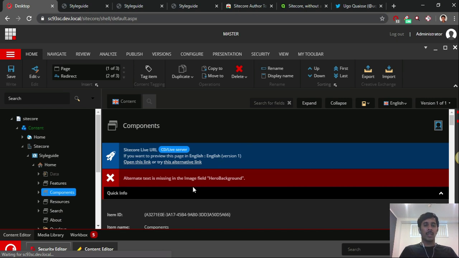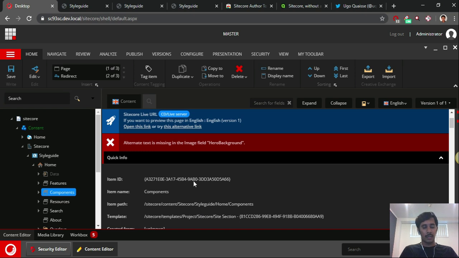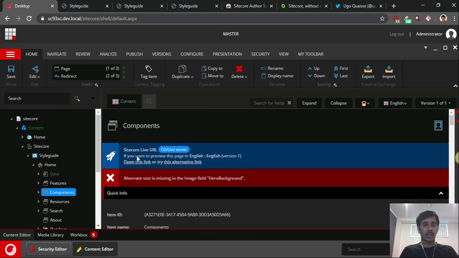In general projects, how we usually do is we just go to the CD URL. If navigation is available, then we just go with the normal menu and all. If not, we just copy this and we strip off this current content and whatever this is until the home node, and we just copy this, right? But rather we can just open this link here. This is a very useful feature for the content authors.